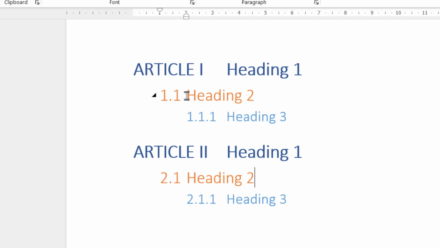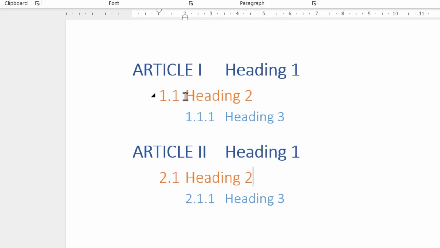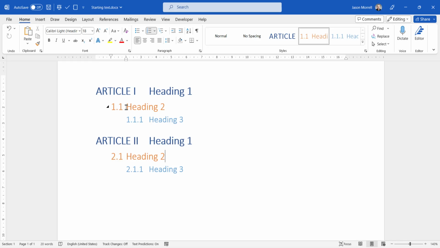So if you want a bit more space, if that makes you feel a bit more comfortable, you've seen the process, go back in, use a bit of trial and error, use a bit of common sense, and get something that works for you. But that's the process. I just really wanted to take you through how to go from article 1 to a 1.1, 1.1.1 system. It's actually pretty simple, and it's a fairly common thing that people do.